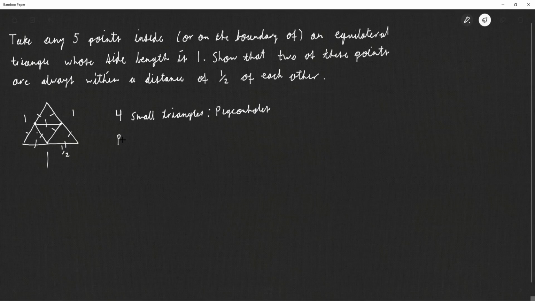Which also shows that our pigeons are going to be equal to 5, since it's the 5 points. But we know that by the pigeonhole principle, if 5 points are placed into 4 regions, at least one of the small regions must contain at least 2 points. So, by the pigeonhole principle,